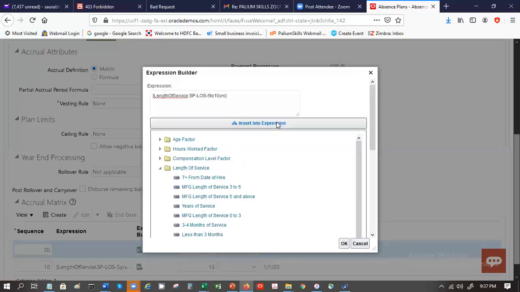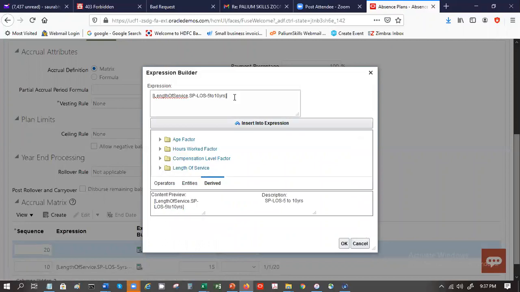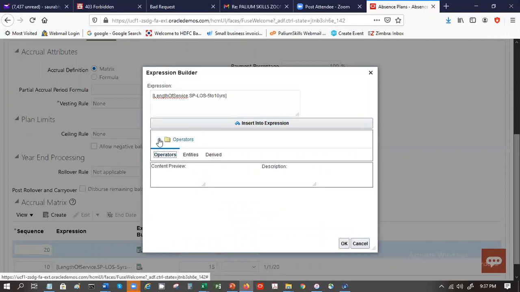Again, insert it into the expression. As with any other setup, if you have this done previously on pen and paper, it is easier to speed through this.